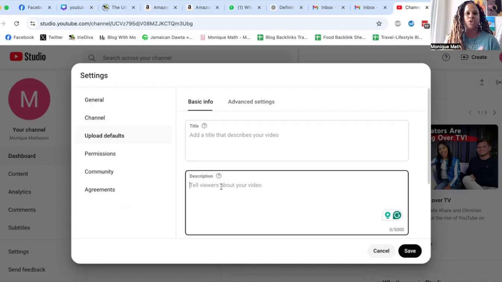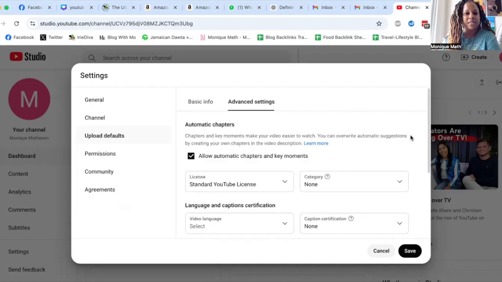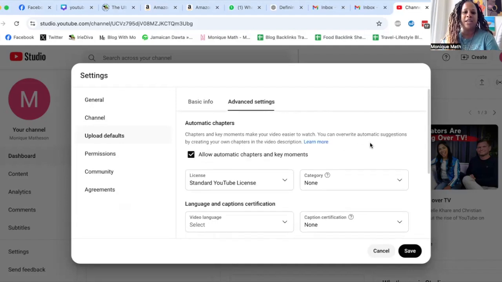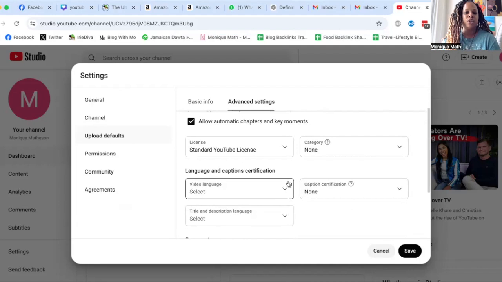So say for instance you're uploading an affiliate video, so you want to make sure your affiliate disclaimer is in the description box. Then you can go in and put it in, as well as all these other things that you already have saved here. So for your advanced settings, you want to come over and change things